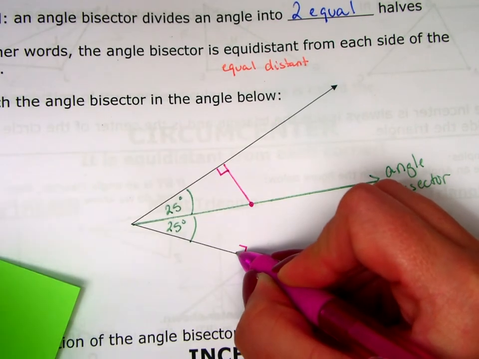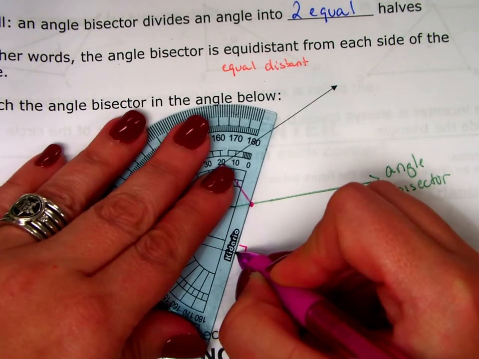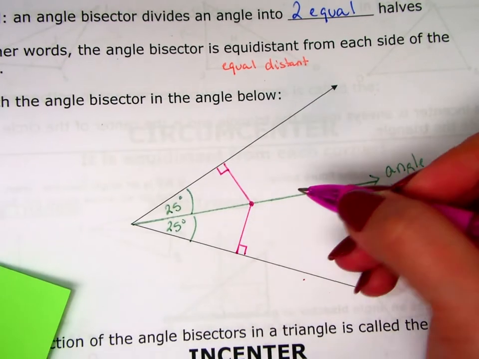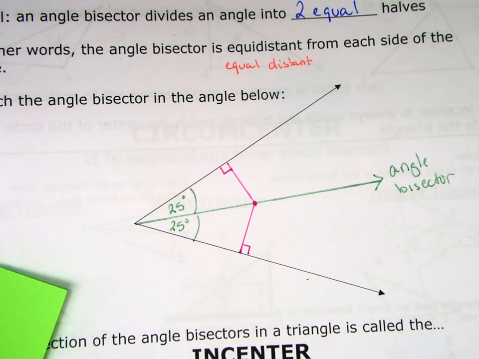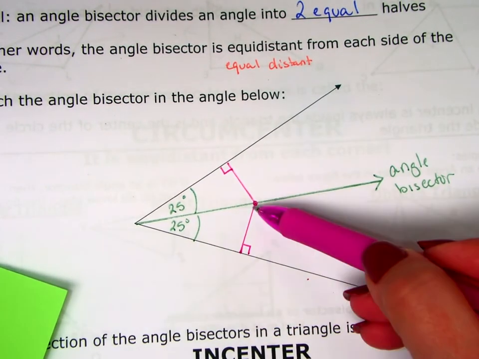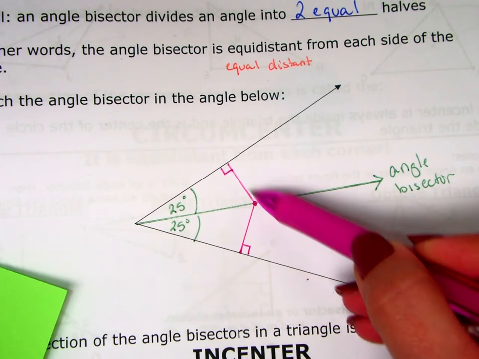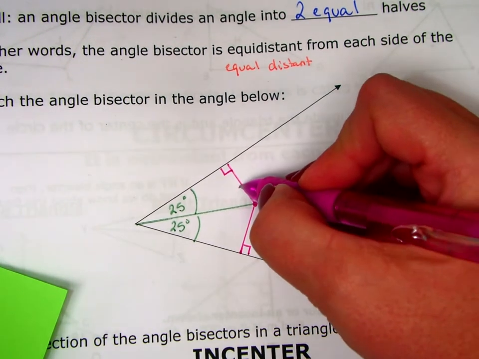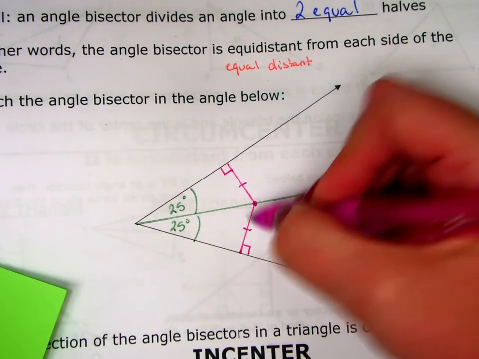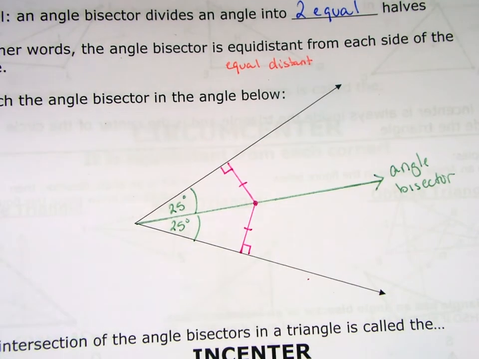And then you can make your line this way. That makes your life a little easier, then you can do that as well. Okay? So this point is equidistant to each side. So these distances will be, if we measured correctly, now remember, notice I didn't even bother using a protractor for